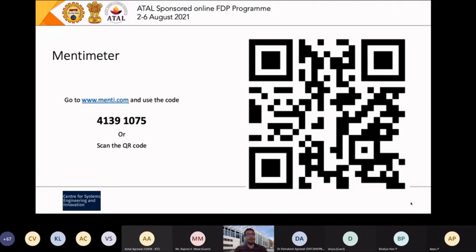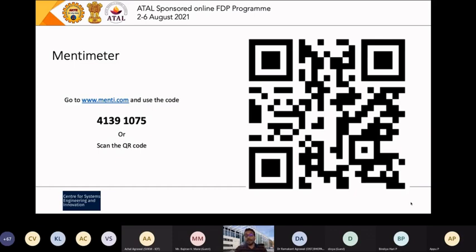Next, I would like you to do a simple task. I'm going to use a particular tool called Mentimeter to interact in the classroom. In this virtual world, it is really difficult to get audience responses. Chat is a good feature, but the problem with Teams and other online conferencing modes is that we, as presenters, cannot see the chat directly because we are using a single screen to present as well as